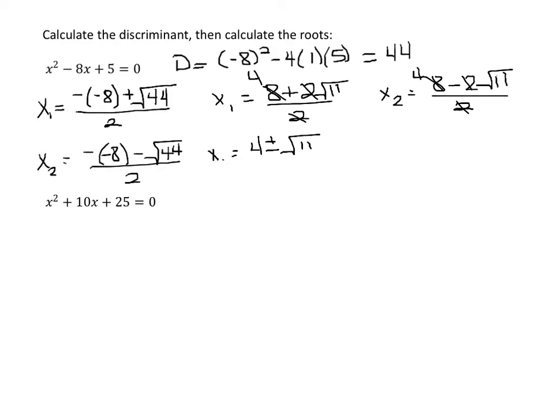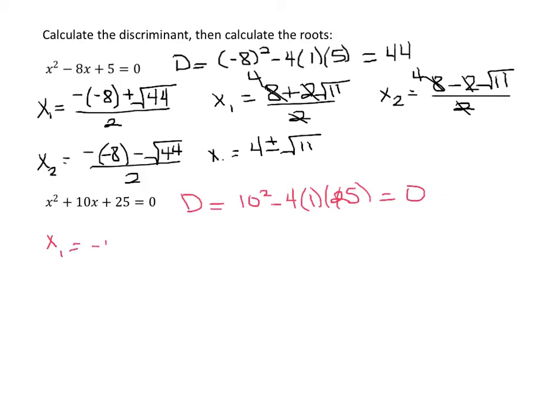Let's take a look at the next problem. We'll calculate the discriminant first. And that's b squared minus 4ac. Well, 10 squared is 100, and 4 times 25 is 100, so in this case, the discriminant is 0. So if I start looking at the roots,